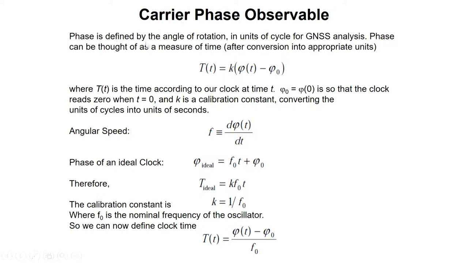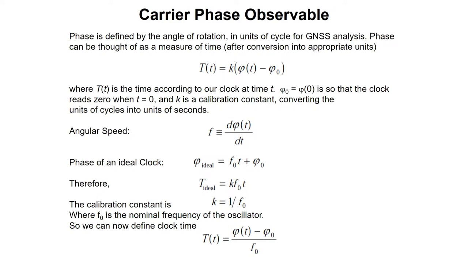So first you have to understand what phase is. Phase is the angle of rotation in a unit cycle, and for GNSS analysis, phase can be thought of as a measure of time. How can it be a measure of time? Because with the help of this phenomenon we can get the precise time, since there is a variation in subseconds and seconds. This information is very beneficial for getting the precise time of when the satellite signal hits